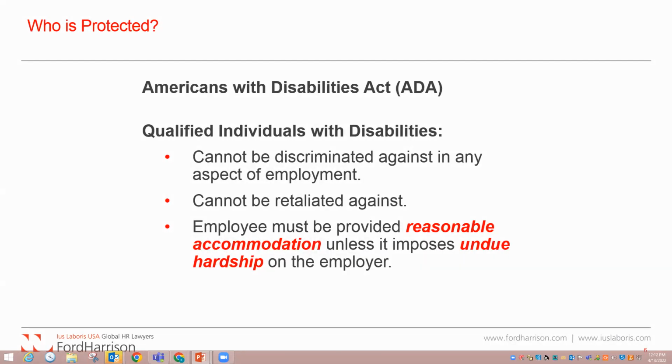Under the ADA, qualified individuals with disabilities can't be discriminated against in any aspect of employment, and there can be no retaliation. Reasonable accommodations have to be provided unless it imposes an undue hardship, with an undue hardship meaning significant difficulty or expense. And in analyzing that, what is undue hardship? What is significant difficulty or expense? A court would always look at a lot of different factors, one of them being essentially how deep are the pockets